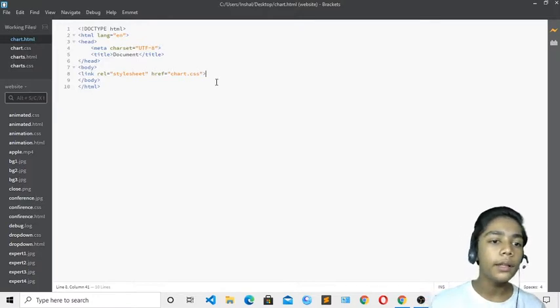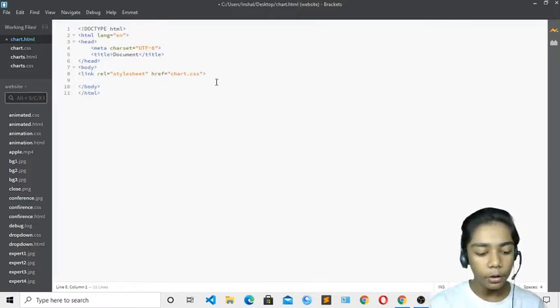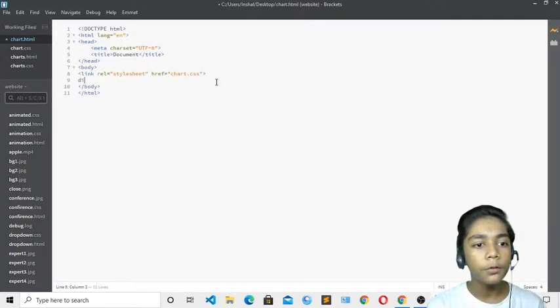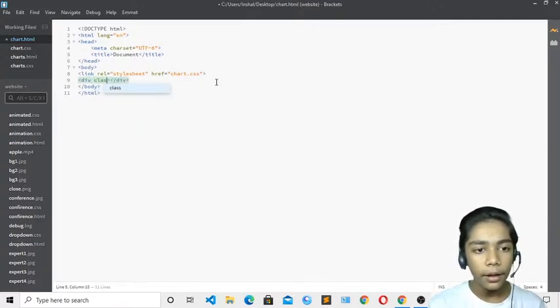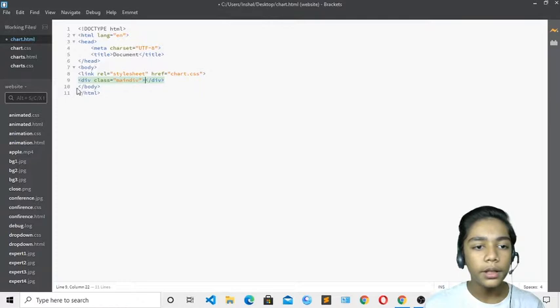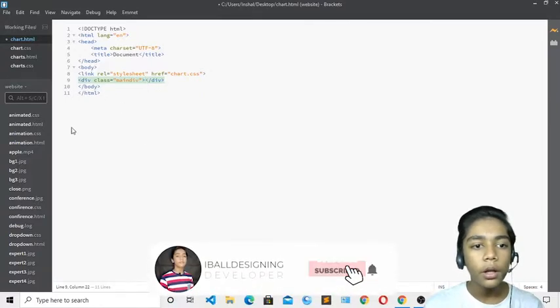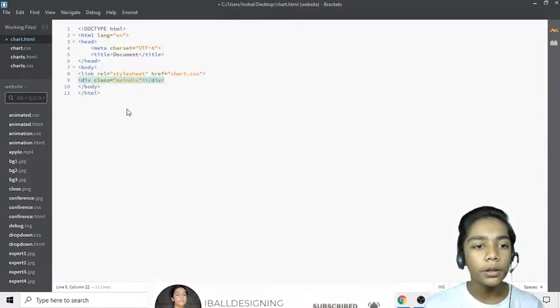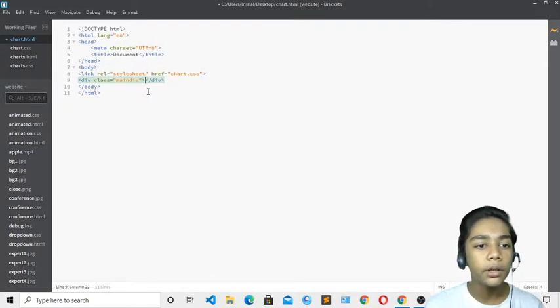First of all I have to make two classes. I will make a div, and in this I will make the class of main div. So we have successfully made the class of main div. Now in here you have to make the bars. You don't have to write any bar chart or anything, you just make a class again. Our class will be bar only. I will press tab, so the class automatically comes with my tag.